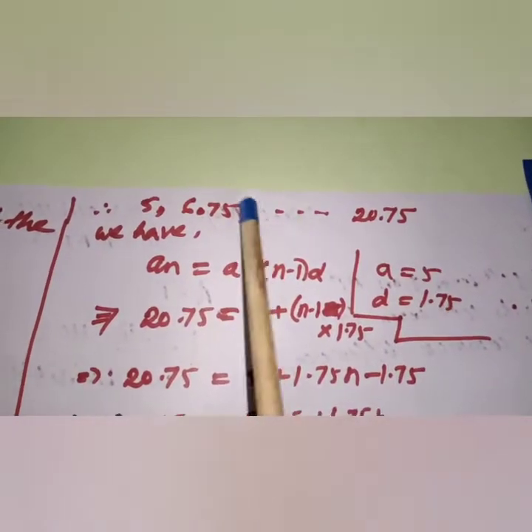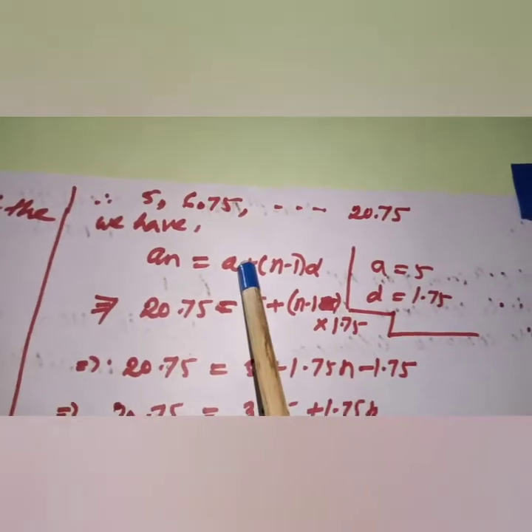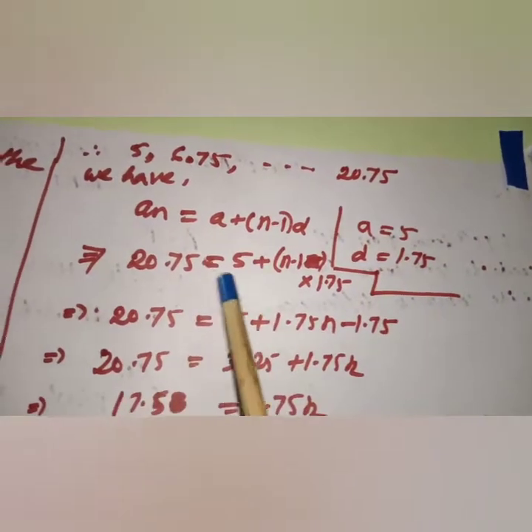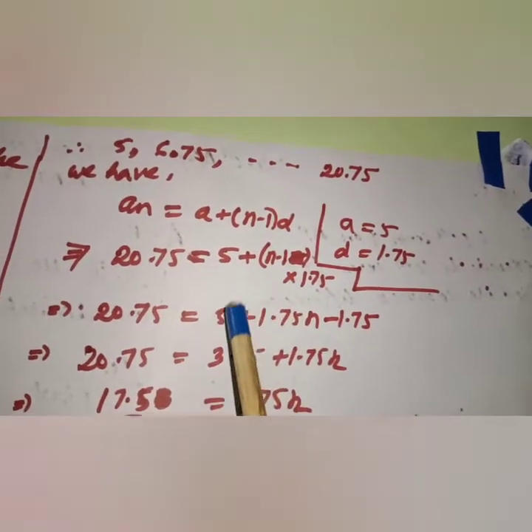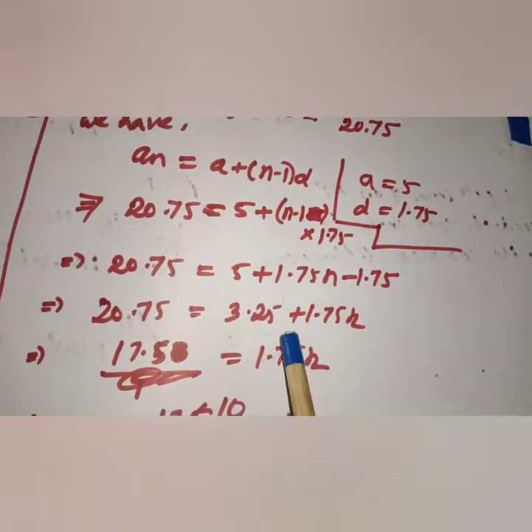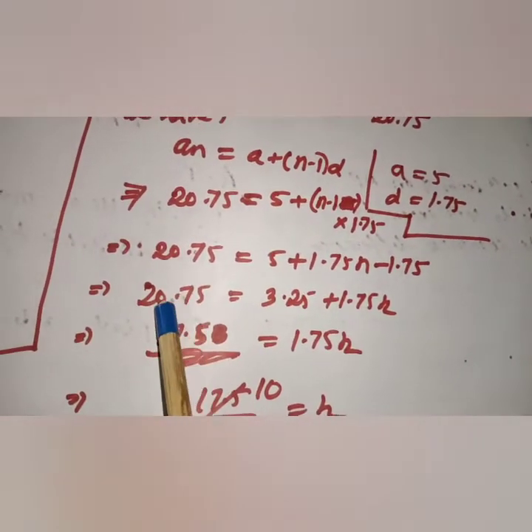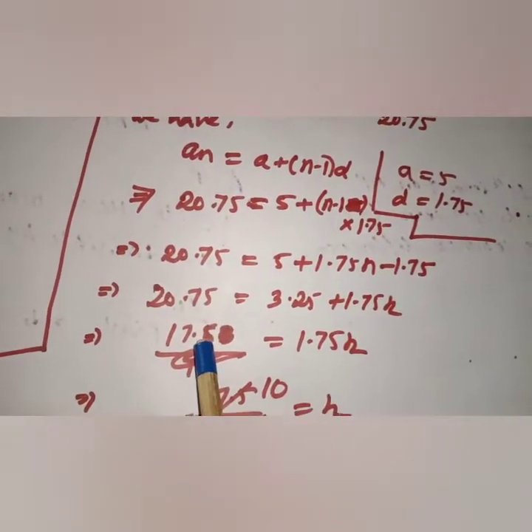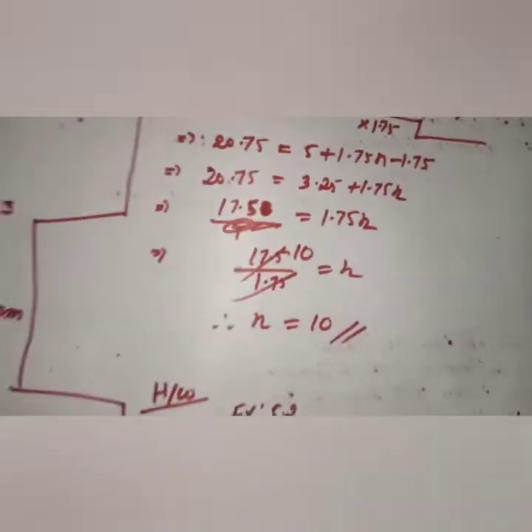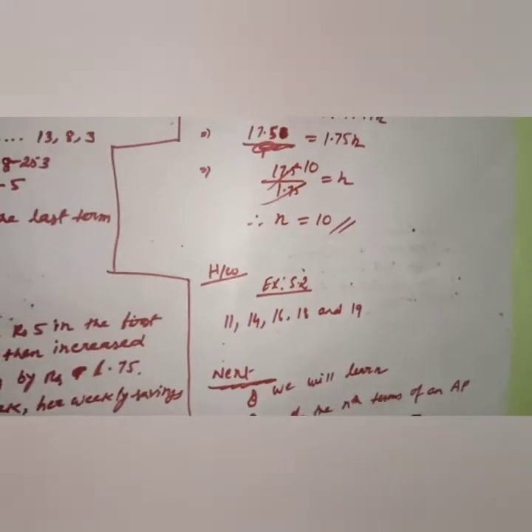You can check it is formed; under the bracket you can write it forms an AP. So we have the nth term. Same formula you can use again: an equals a plus n minus 1 times d. a is 5, d is 1.75. So use 20.75 equals 5 plus 1.75 into n, 1.75 into 1 is 1.75. So 5 minus 1.75 is 3.25. If you move 20.75, 20.75 minus 3.25 is 17.5. If you divide 17.5 by 1.75, how much? 10. So n is 10, which means in the 10th week she will save rupees